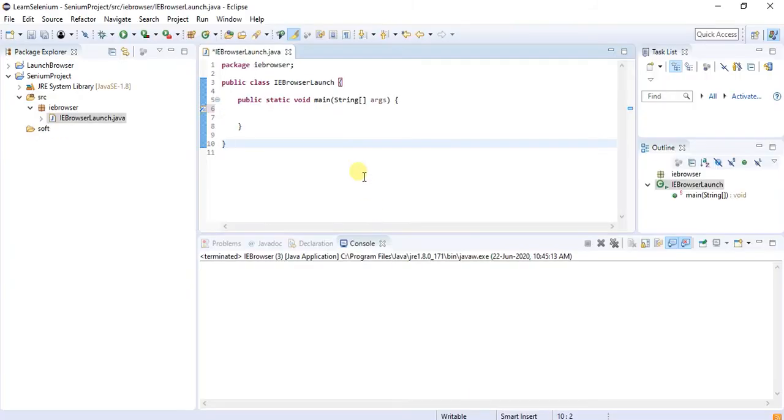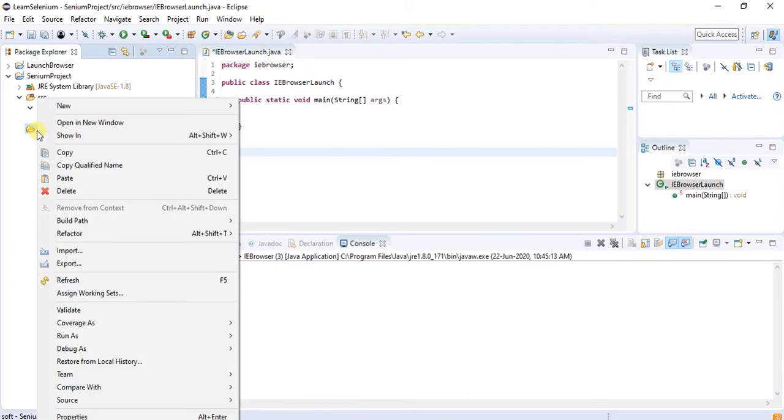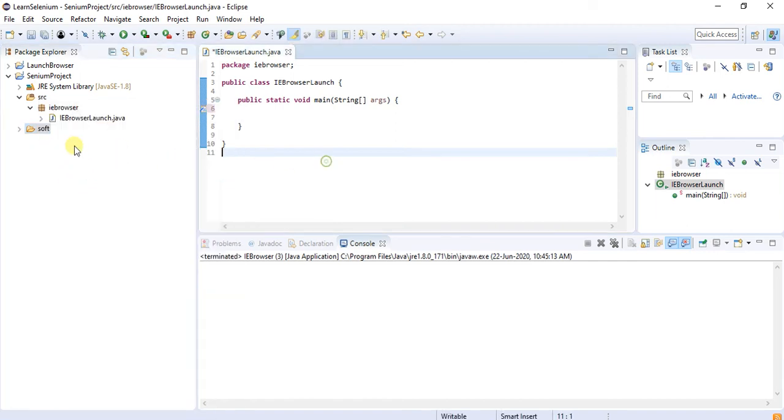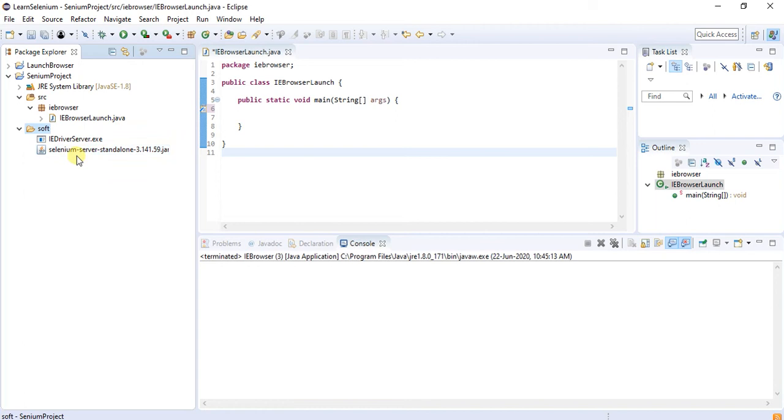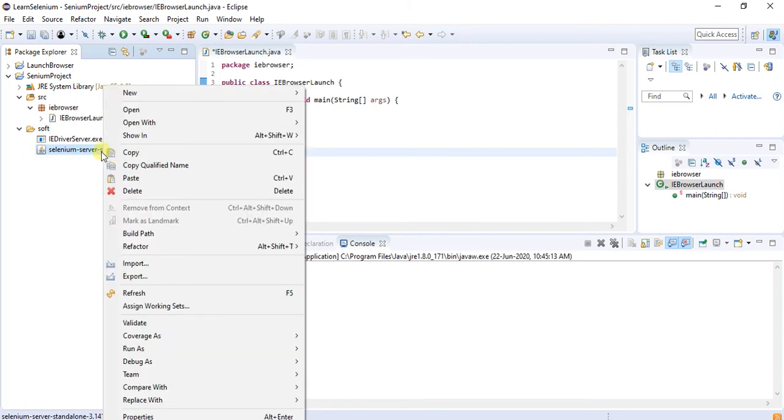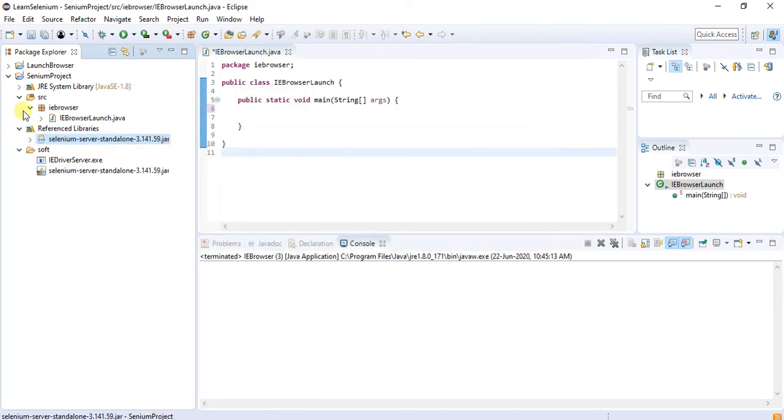Let me open Eclipse. The folder that I have created, you just paste into over here. So those two files are added over here. Selenium standalone server, you right click on it, build path, add to build path. The jar files are added.